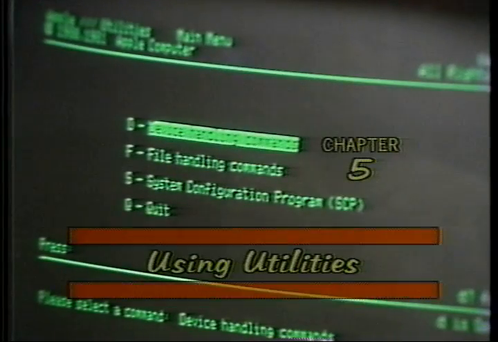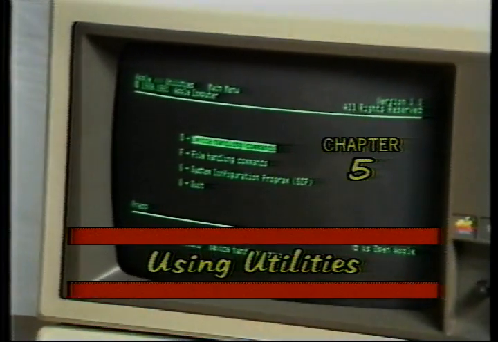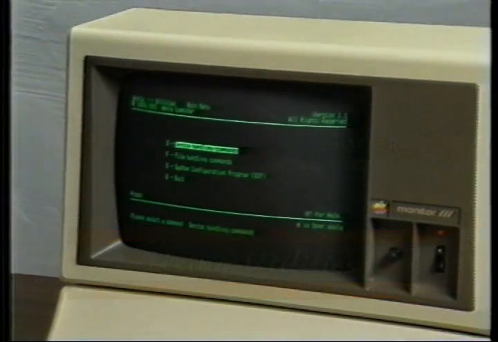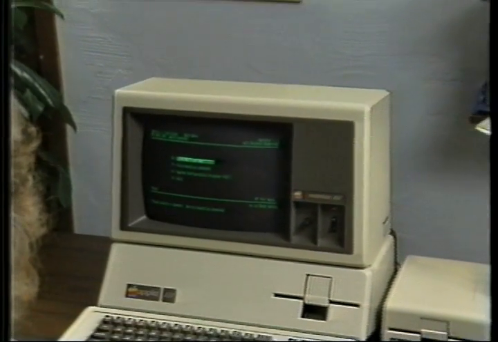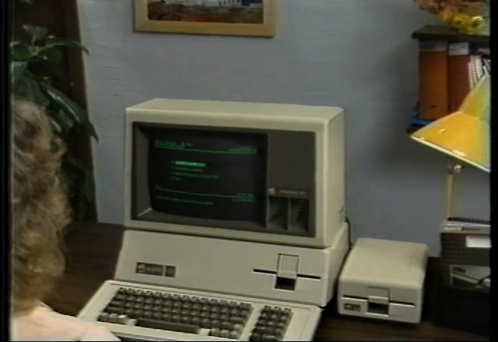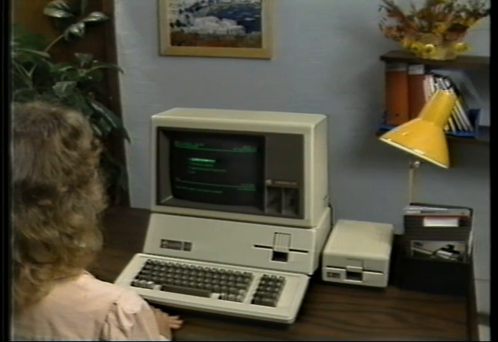In this chapter, you'll get some more hands-on experience with your new Apple III. First, you'll learn about configuring your system for different devices. Then you'll find out how to format and copy a disk. This will come in quite handy in the future when you want to protect work you may have spent hours and hours preparing. You'll format and copy disks frequently as you work with your computer, so they are important techniques